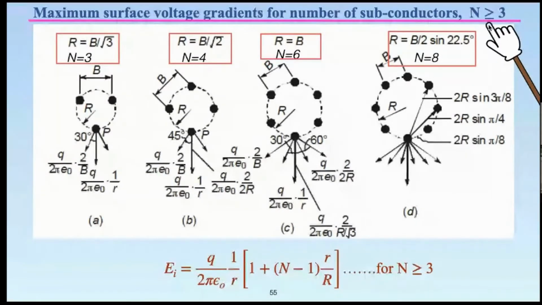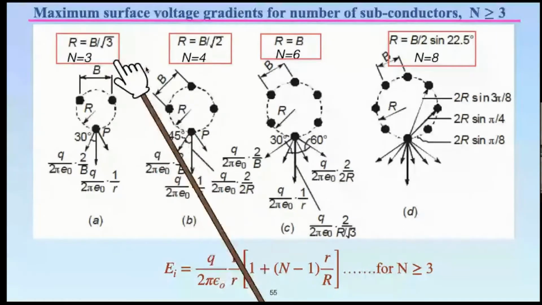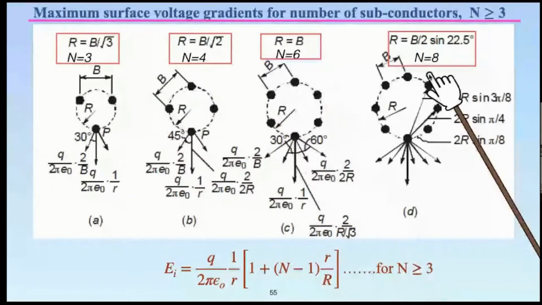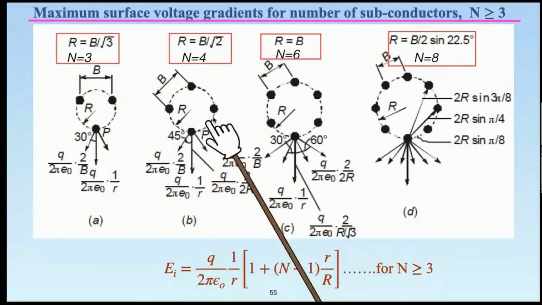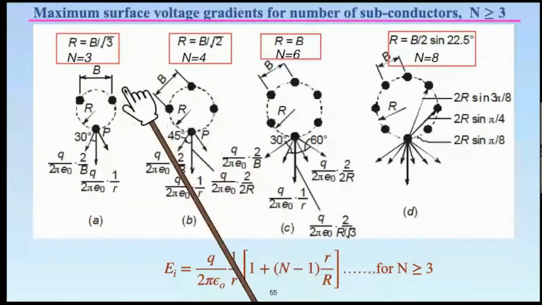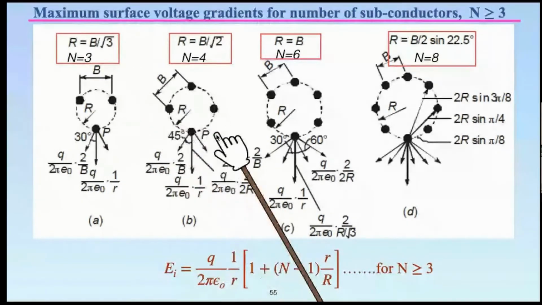Now, if the number of conductors are not 2, but rather they are 3 or maybe 4, 6 or even 8, higher numbers. So these configurations are very commonly used, especially for extra high voltage AC transmission. You might have seen somewhere maybe there is no single conductor in one phase. Rather, there are 4 sets of conductors. They are hanging on the tower structure in individual string.